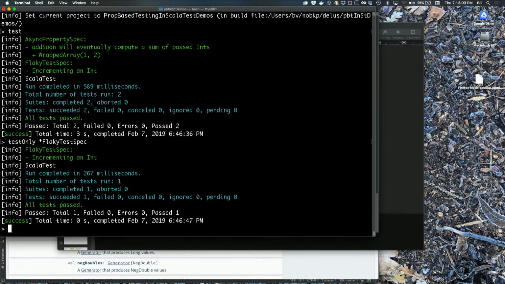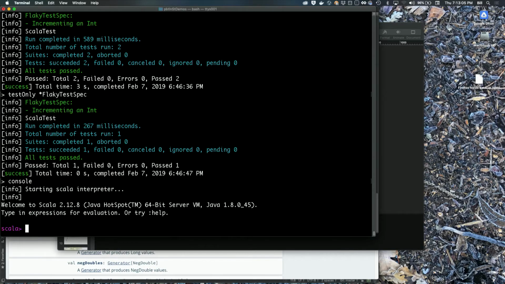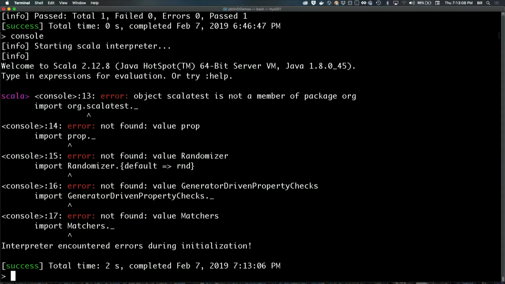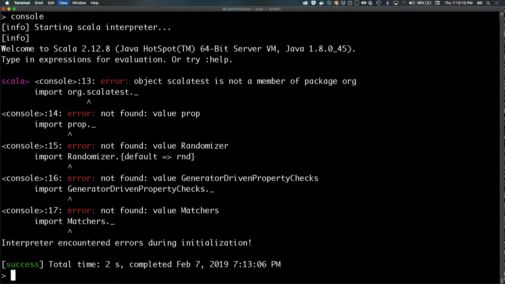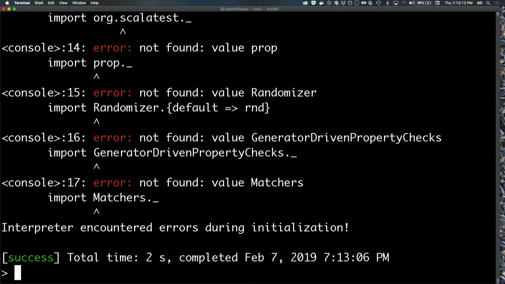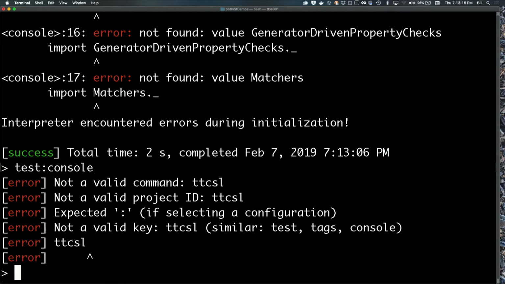Let's say console here. This is SBT. Let me make that a little bigger. See what that looks like. That's too small. Test colon console. I'll just show you test. All